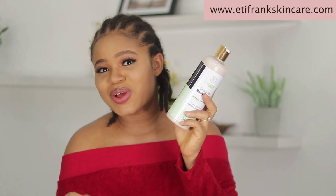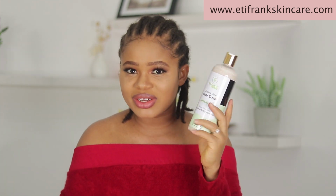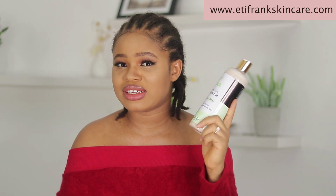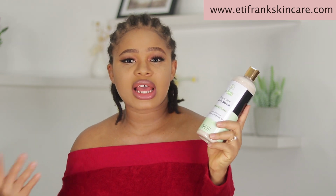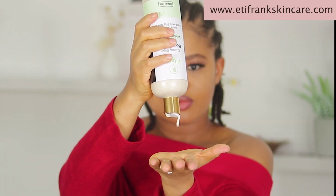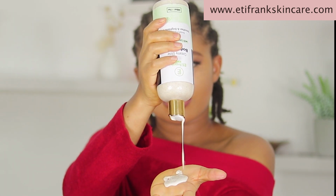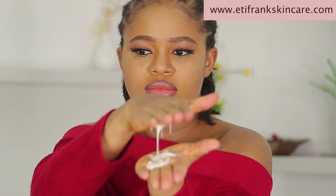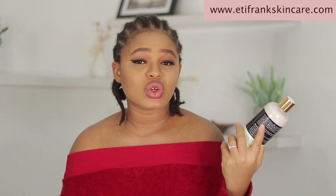Okay, the next product on my list is the creamy glow body scrub. This scrub is very mild, it's not harsh on the skin, and it is creamy just like the name implies. This scrub is very good because it helps to get rid of dead skin cells in order for your other skincare products to work very well. This scrub is a necessity. It is a must-have because it's going to help slough away the dead skin cells and help your product to